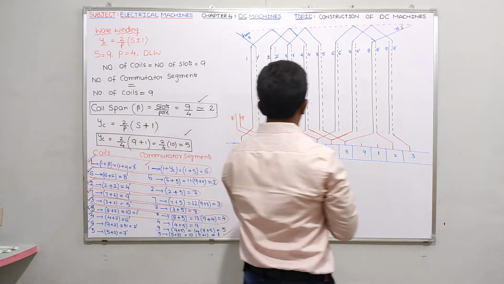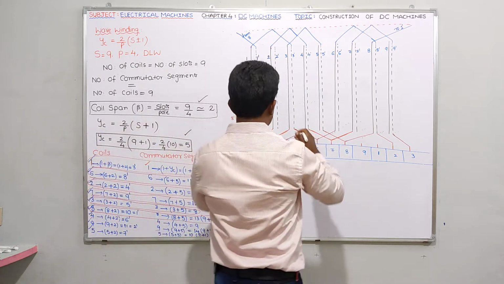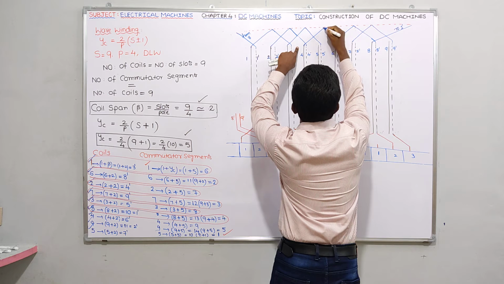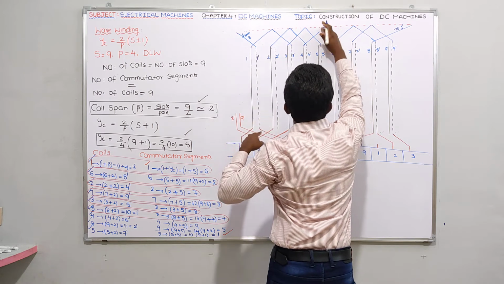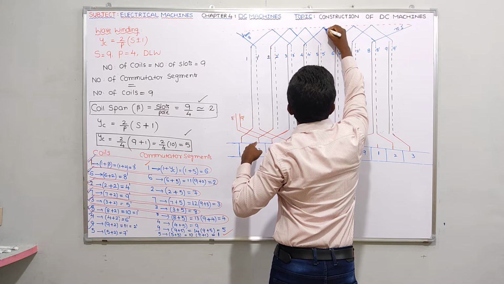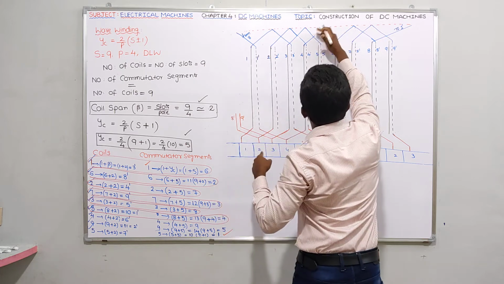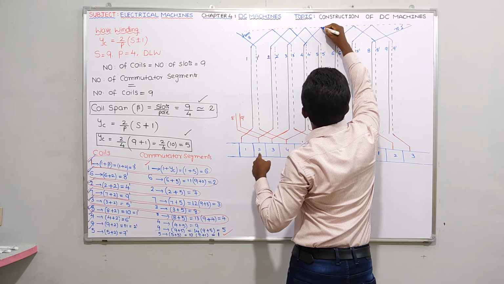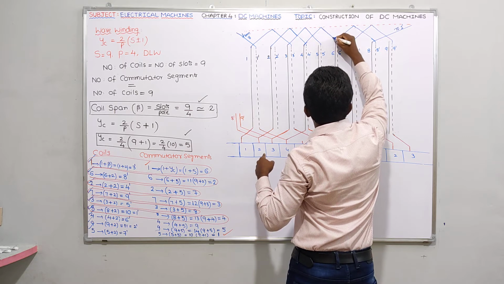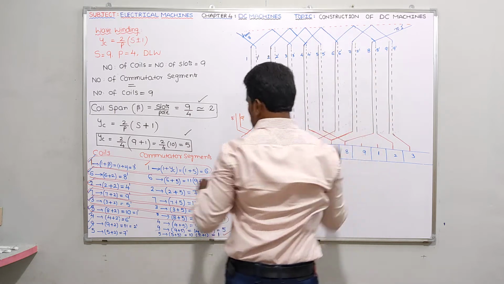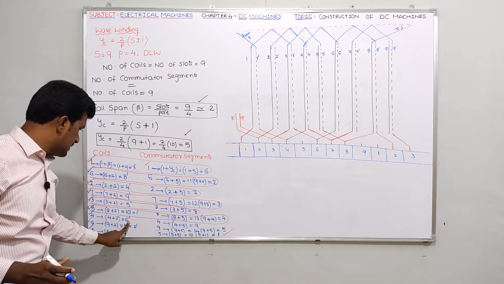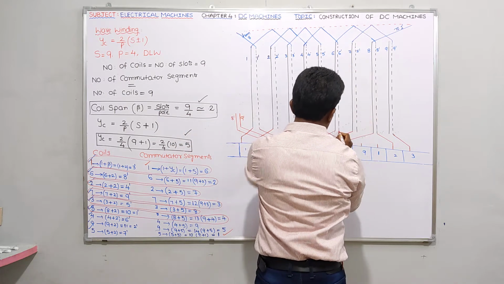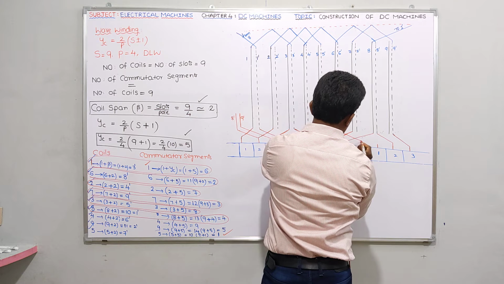So first of all, we should show that 4 6 dash coil. This is what I can say 4 6 dash means here. So let me give the connection like this. Yeah, 4 6 dash is the coil. Okay, guys. As I told you, 4 is connected to the 4th segment and 6 dash is connected to the 9th segment. So this conductor 6 dash, connected to the 9th segment, will be connected like this.